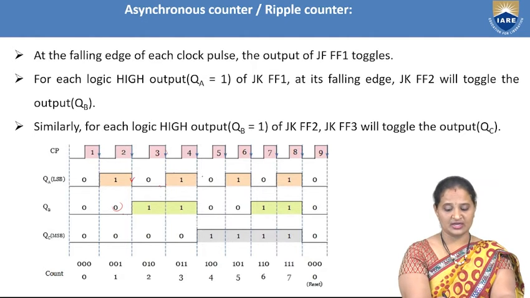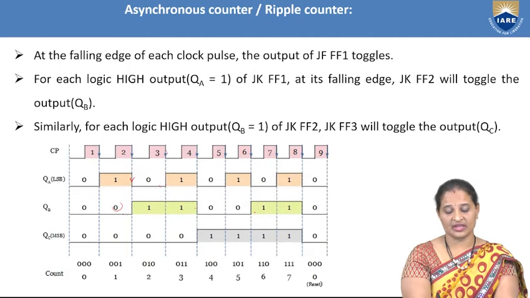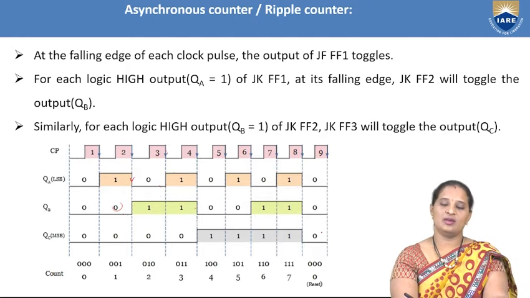Now during the fourth clock pulse, we have a transition in the first flip-flop output from 1 to 0, which is again a falling edge. Now again the output of the second flip-flop will be toggled, 1 to 0. This is applied as clock to the third flip-flop, where we have a transition from 1 to 0, and hence the third flip-flop also toggles its state from 0 to 1. So like that, it can count the pulses.